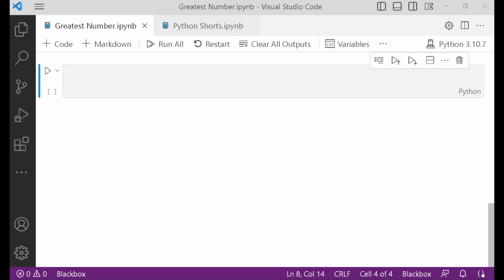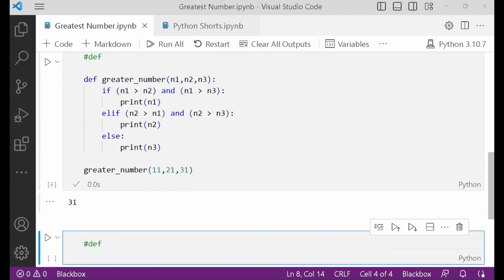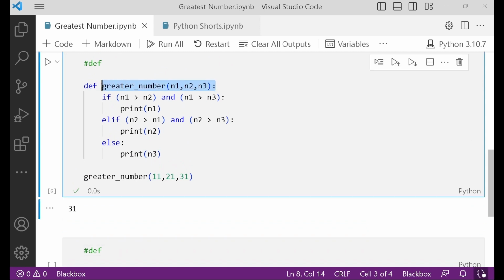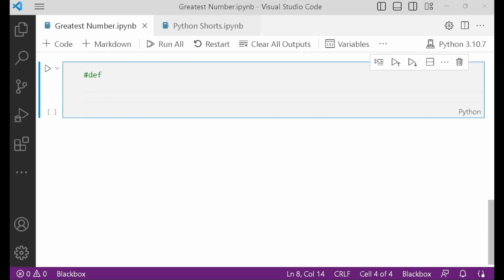Let's move ahead. Still, we will use the def keyword here, but in the previous example we created only one function for all three numbers. Now in this example, we will create one function for each number. So first define the function. Let's create the first function for the first number